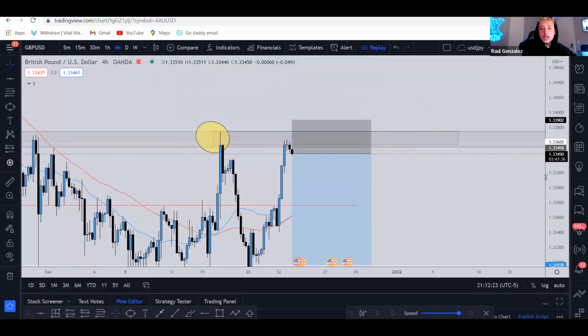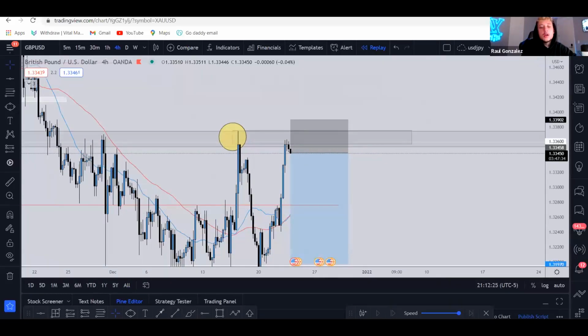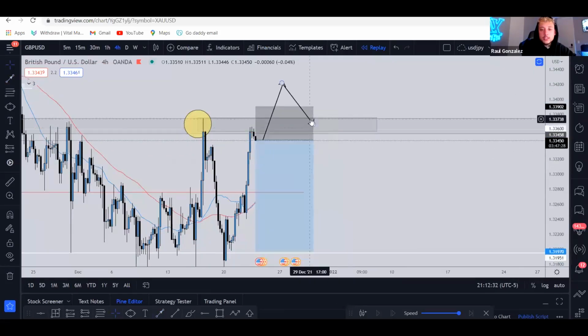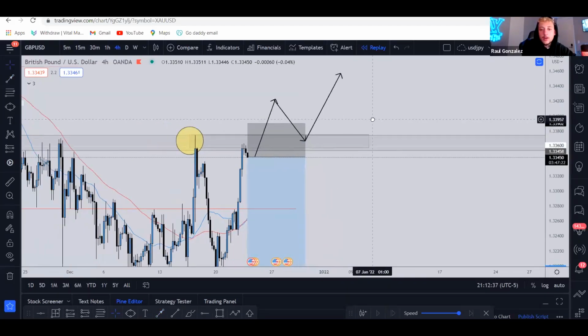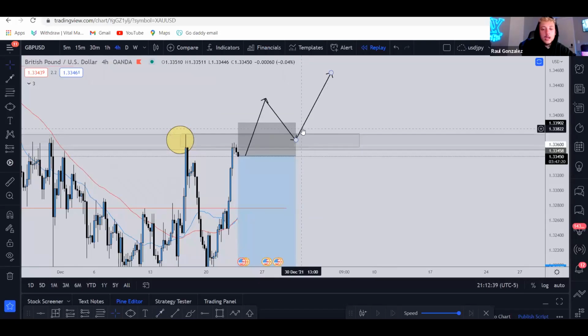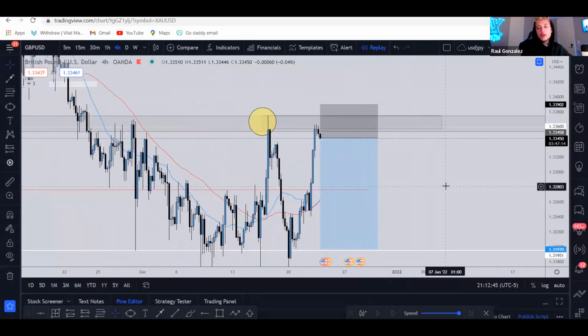If I were to look for a long position, what I would actually wait for is a confirmed break above, a pullback into the level to see if that level will actually hold as support, and then for price to actually continue to trade higher from that point, where I'll take a position to go long here. But unless price shows me a break above, I would still be looking to go short,